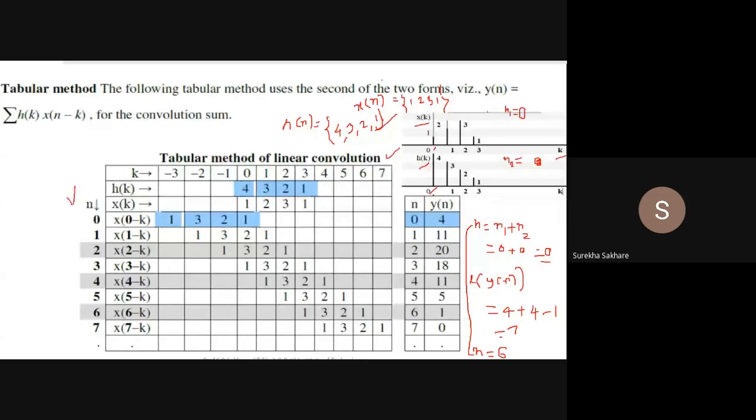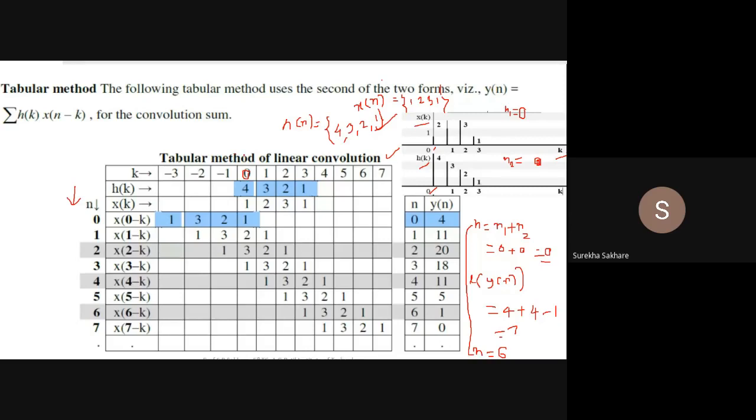So what is my role here in the tabular method? I will have these many columns. You make some columns; I am giving some pause, you can write and draw the columns. In the first column, you make some indices. By thumb rule, find out the length of the sequence and accordingly give 4 spaces here. I have 4 samples, so I have given 4 spaces, so that becomes a more compact drawing. So k will be from 0, 1, 2, 3, 4, 5. I have only 4 samples, and for the reverse, again I will require 4.